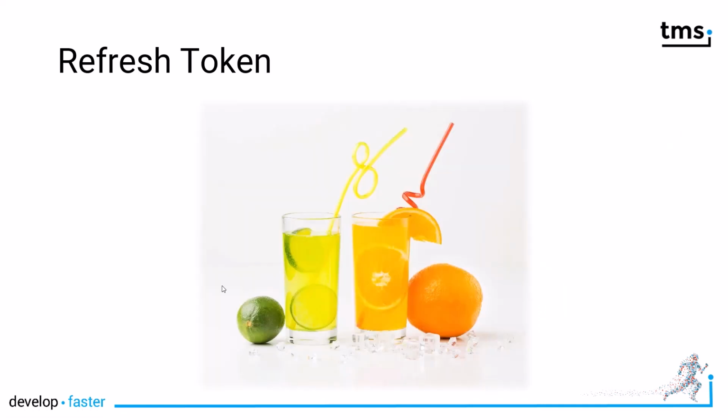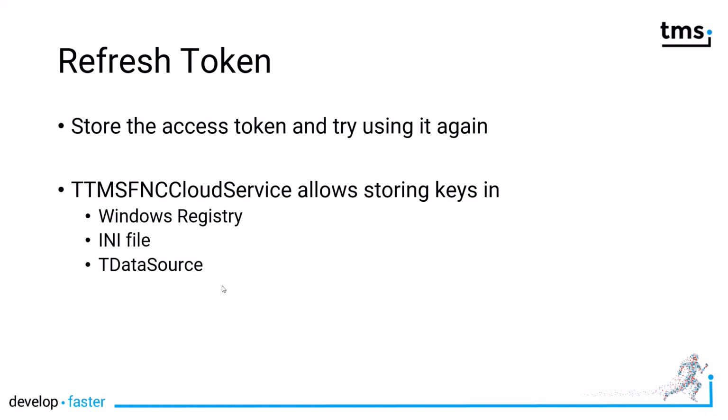In order to take the next step, we need to introduce the term of the refresh token. Well, this is also a token of refreshment on your screen, but that's not the kind of refresh we're talking about. We're talking about the technical term: a token that is sent to the web API, and this token then refreshes the current access token. This gives you the ability to store an access token. The next time you start your client application, you try using it again, and if it doesn't work, then you can use the refresh token to refresh your access token.